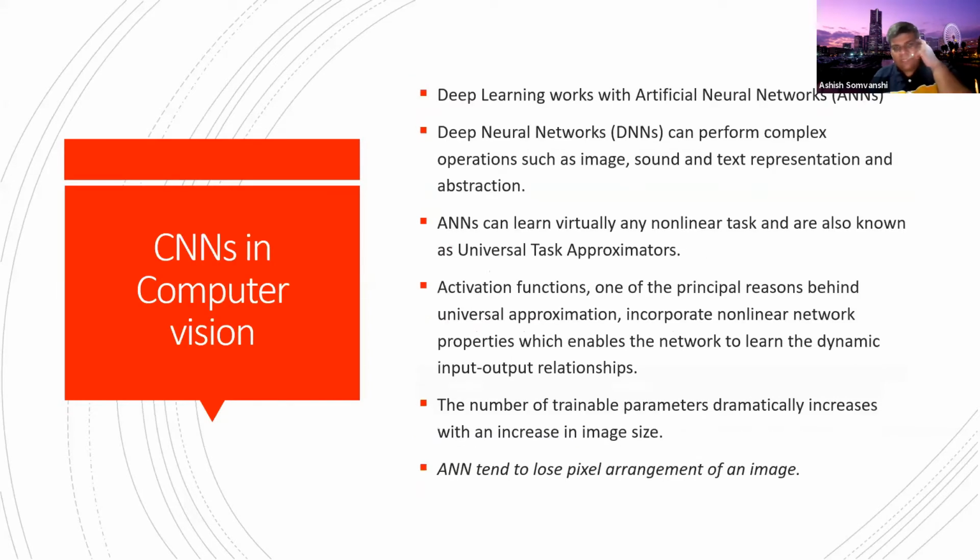So moving further, we look at how deep learning has impacted computer vision and where CNNs come into the picture. Moving ahead, deep learning started via artificial neural networks. The initial deep learning networks were all about artificial neural networks, or ANNs as we fondly call them. Then came deep neural networks, which could perform complex operations on a variety of media. And then the ANNs